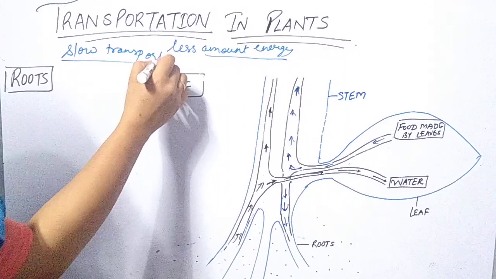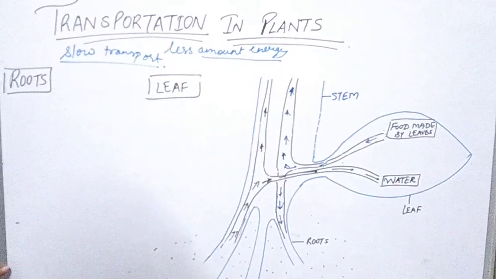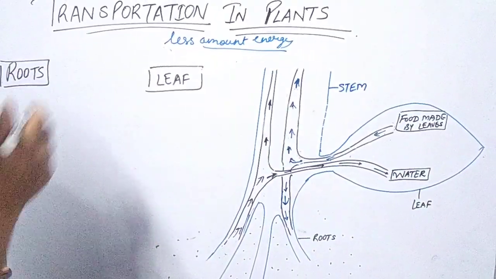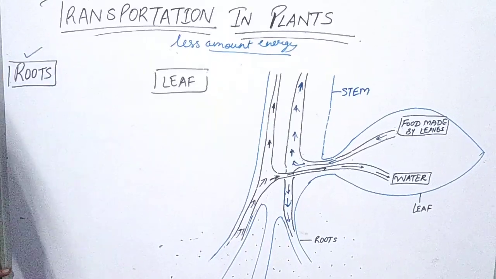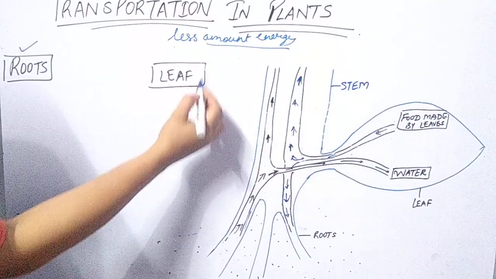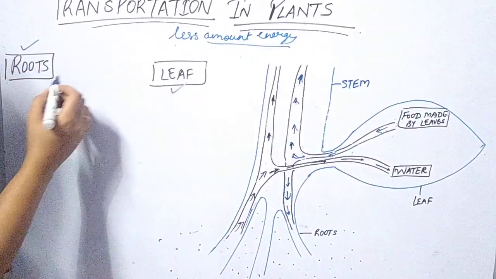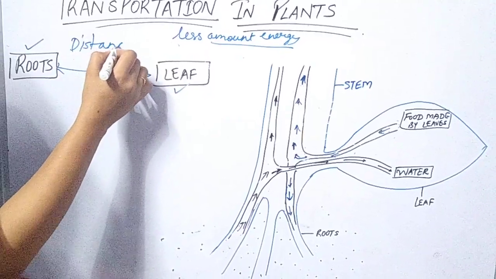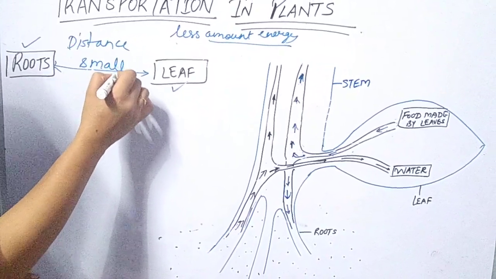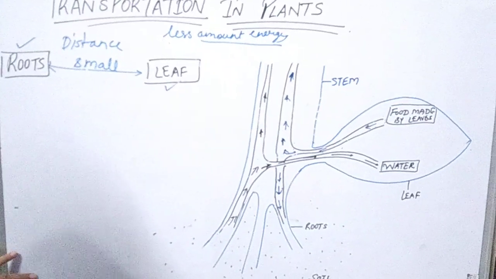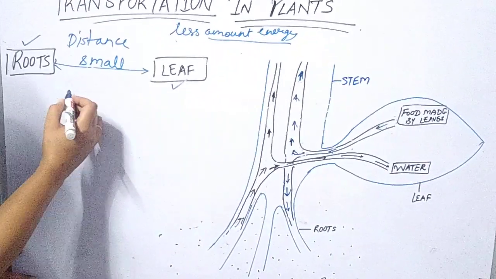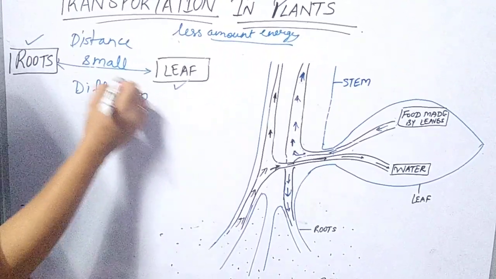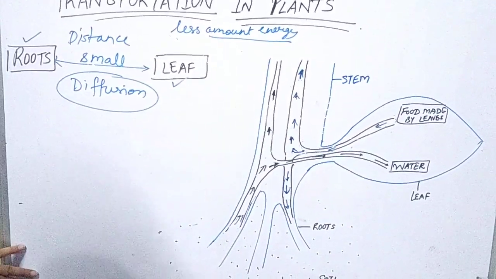And they require a different type of transport system as compared to animals. Now, let us discuss: if the soil-contacting organ, that is the root, and the chlorophyll-containing organ, that is the leaf, are very close to each other, as in small plants, then the transportation of material takes place with the help of simple diffusion. Right, students? From high concentration to low concentration.